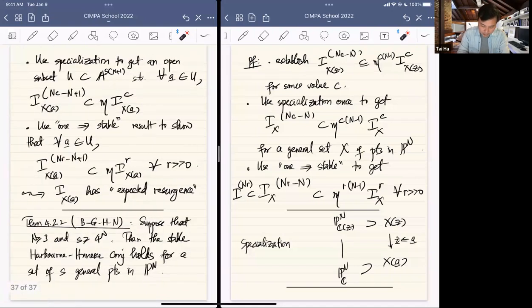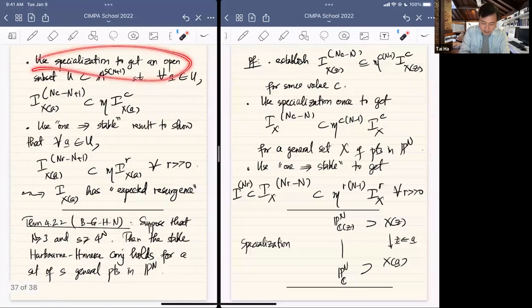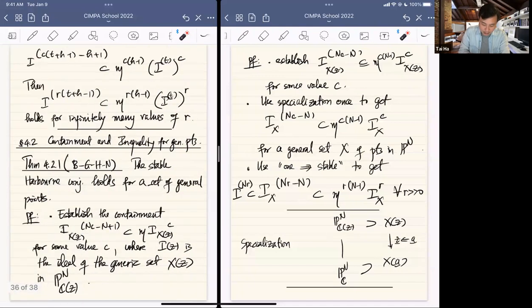On the other hand, here, in order to get the same result, the last two steps are straightforward: specializations, and one containment implies stable containment. So the theorem boils down to establishing one containment for the generic set of points. But this containment one can actually prove directly for any set of points, for any number of points. Or actually it follows from a previous result by